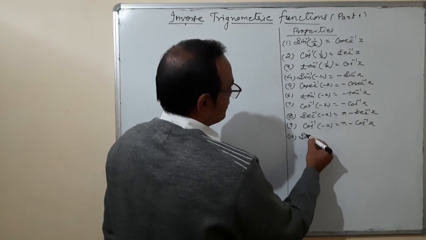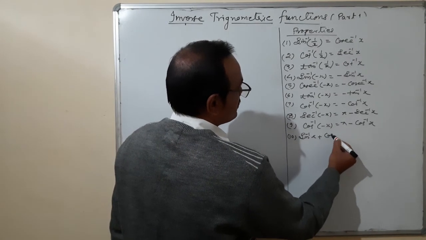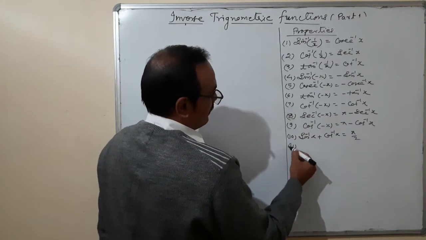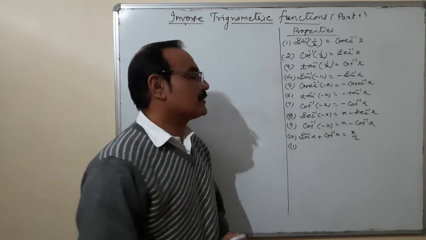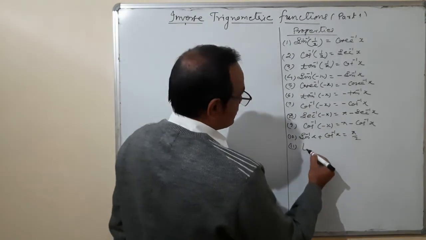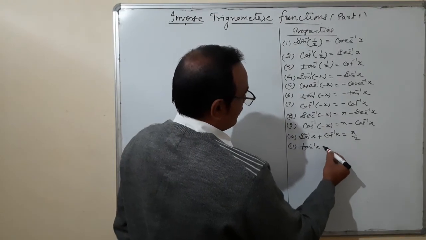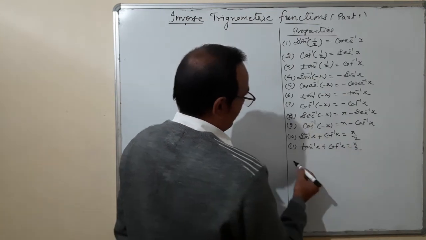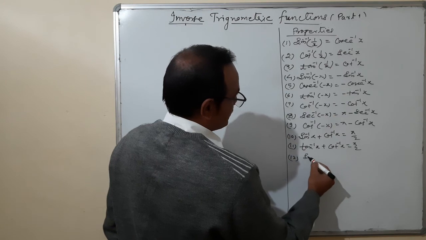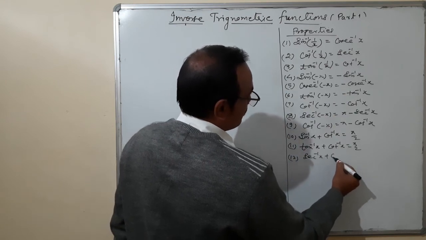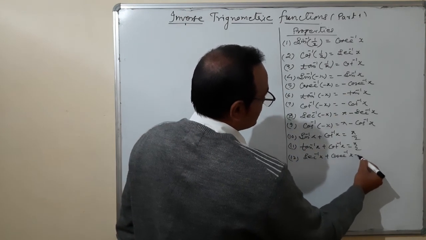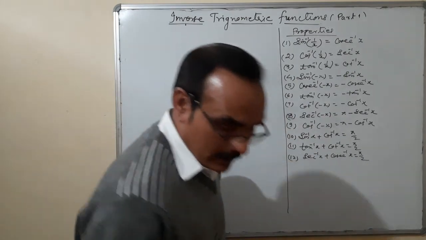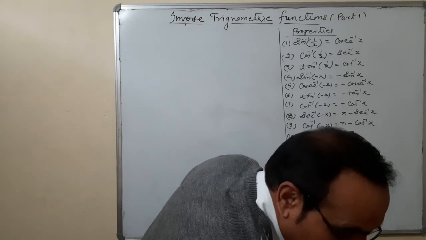Sin inverse x plus cos inverse x is equal to pi by 2. Tan inverse x plus cot inverse x is equal to pi by 2, sec inverse x plus cosec inverse x is equal to pi by 2. Okay, these are the properties, and others are,